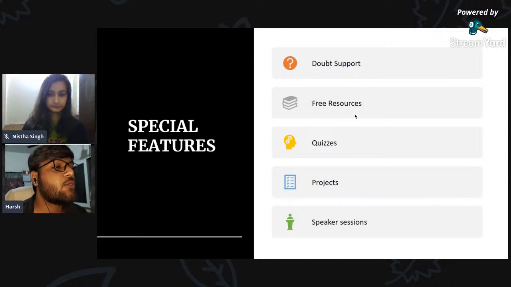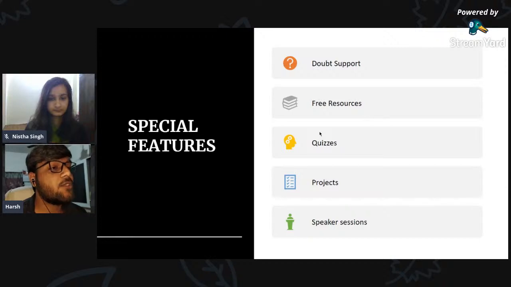Now free resources are also provided to you, so you don't need to pay anything for these resources. Now you must be thinking how we have arranged these resources. These resources, or the bunch, were created with the help of some people who are doing very well in this industry and have worked on a good number of projects related to HTML, CSS, JS, like front end development, back end development, and stuff like that. So these are also a key feature for this program.